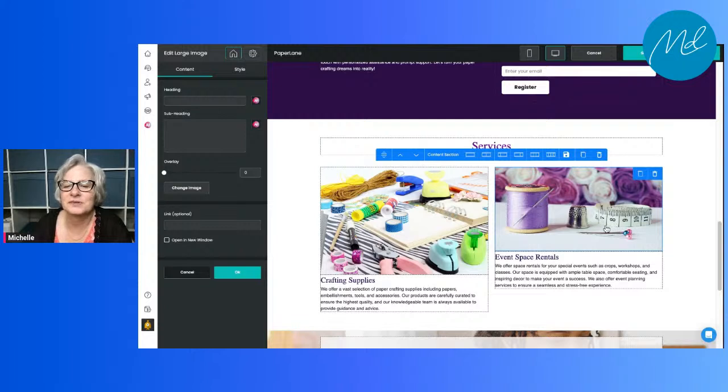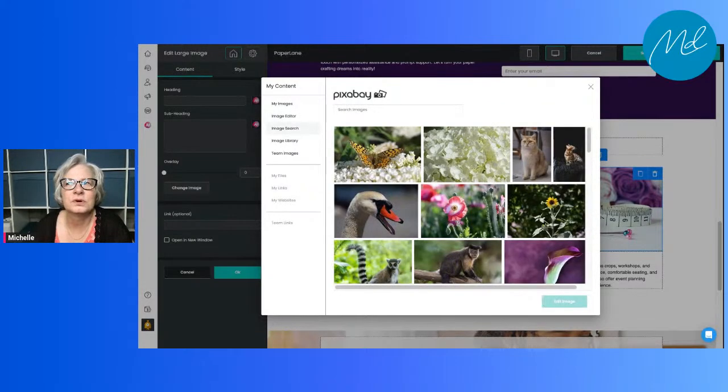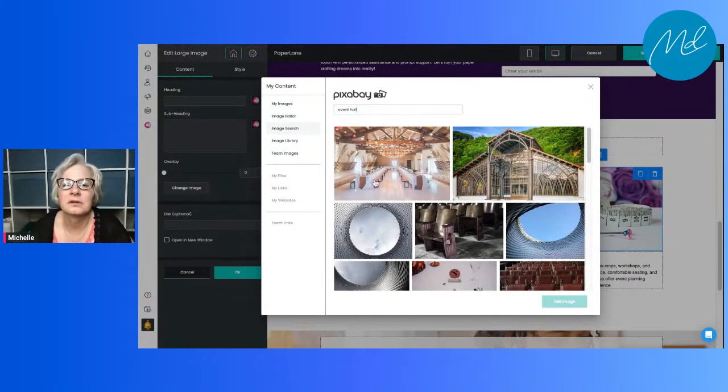And then if I want to, event space rentals. So if I wanted to change this image, I'm trying to think of what I would do. Event hall. Maybe we could try something like that. There we go.